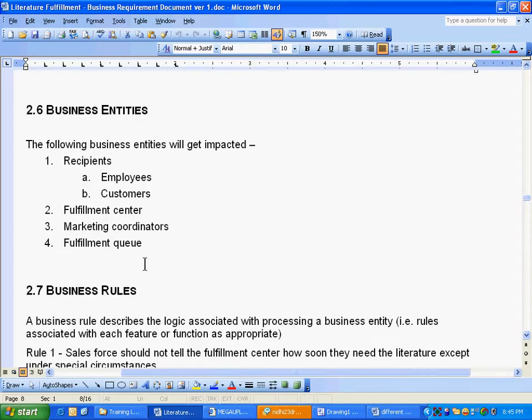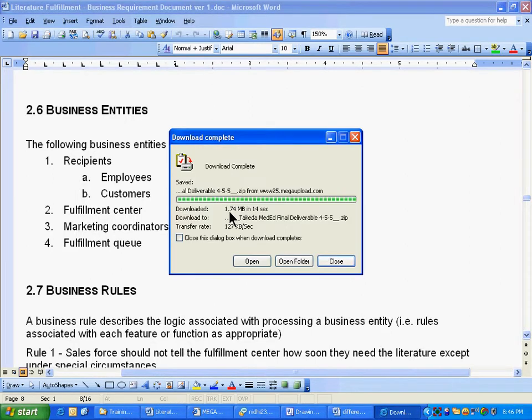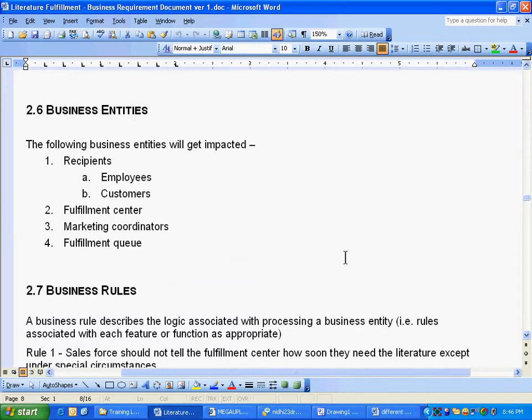Use your common sense rather than trying to go by what others have done. If I have to write a business development document, I will not just think about what Nidhi has done and try to do that. Use your common sense. Here you can be very creative in how you present your ideas, but follow some rules. There is nothing like there has to be a business entity section. There is no rule written like that.